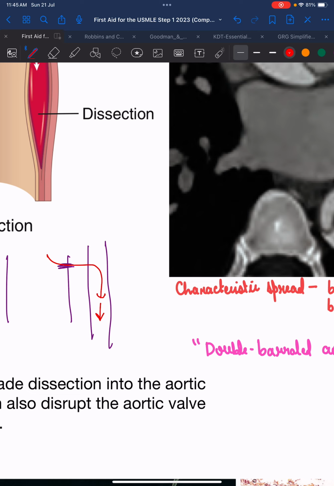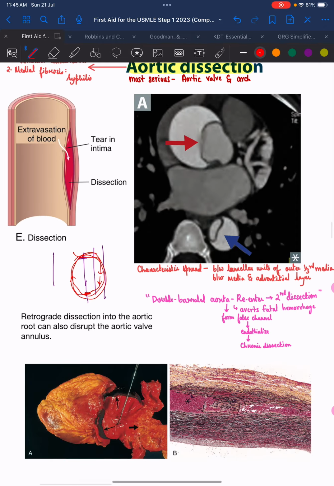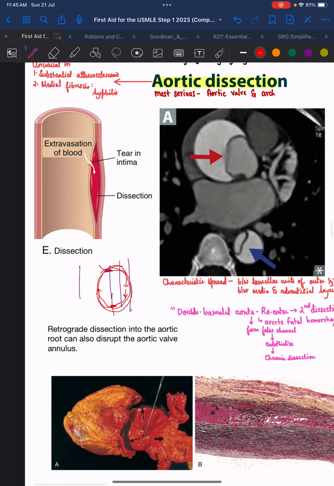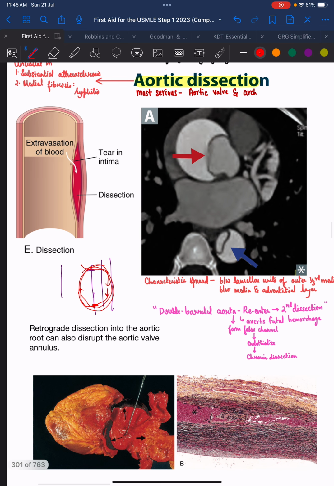Now it is flowing at such a high rate that after traveling some distance, this again causes a tear in the intima and again reaches the circulation. Basically this is known as the double barreled aorta, okay. This is actually beneficial. Why is it beneficial? It basically is forming a false channel sort of, and it is basically